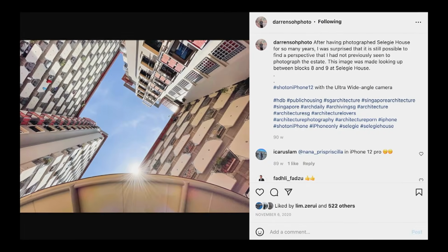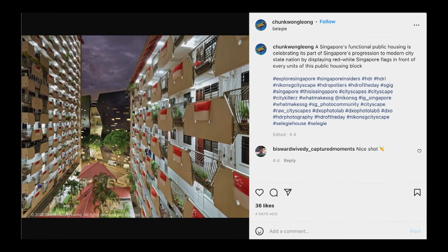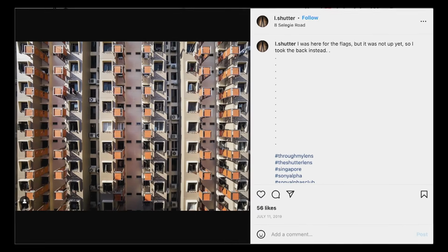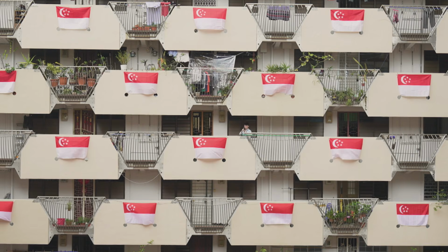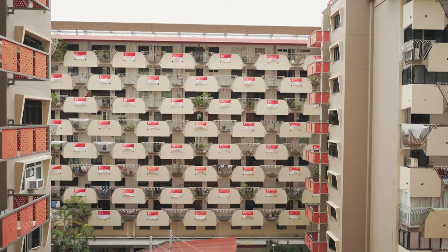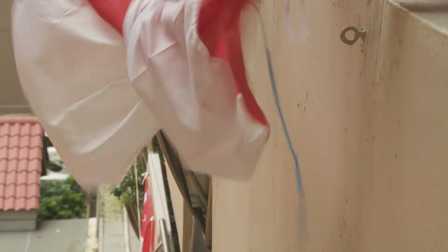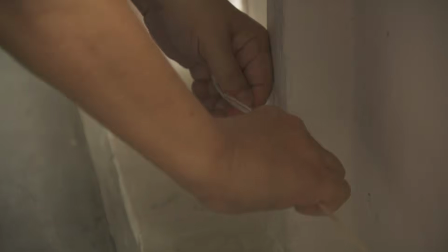It is the most Instagrammable HDB flat in Singapore. I think you cannot miss it because our blocks are painted in very vibrant red and white colours. What's more, there are National Day flags in front of every house during the National Day season. You can see photographers coming here from all over Singapore and also all around the world to take the iconic pictures. I always thought the flags were put out by the GRC, but actually it's the effort of a couple,